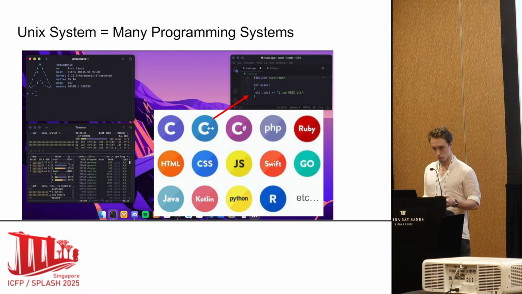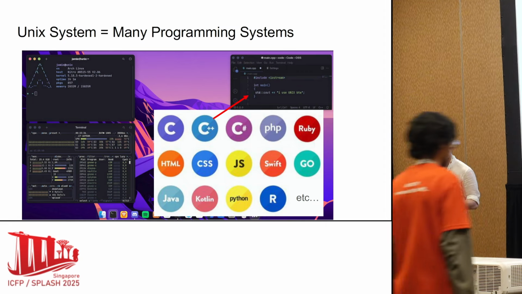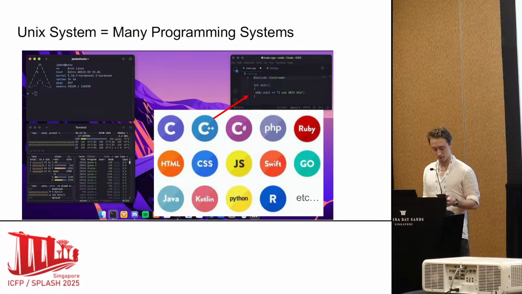And Unix is also a programming system. After all, some of the programs you can run in Unix are programming tools like text editors, compilers, and language runtimes. One unique feature of Unix compared to most programming systems, like Smalltalk, is that there isn't just one corresponding language. Instead, Unix is better thought of as a meta-programming system. So that's not a system for meta-programming, but a meta-programming system, which supports a plurality of other programming systems, which are in some sense smaller than Unix.